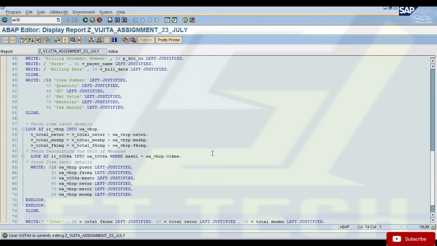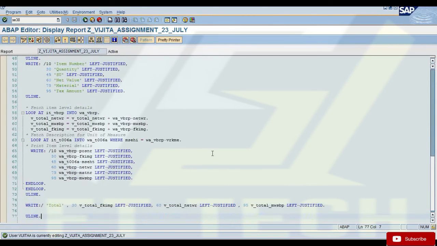So my question here is, if you go down in loops, first of all, I'm looping at the VBRP internal table into the work area. Why do you need to loop this again? You can simply read it, right? Whatever VRKM you are getting, read T006 here with that and get it. Why do you need to loop it? Because you'll only get one record. But if there are more than one key, it will get more than that, right? No, if you restrict it by language, why will you get more than one record?